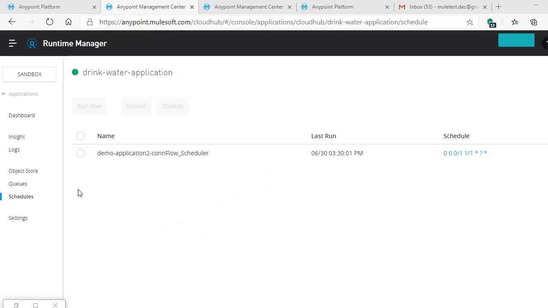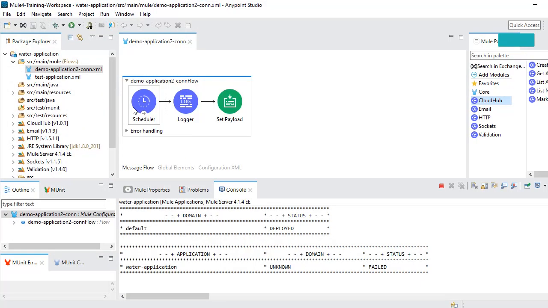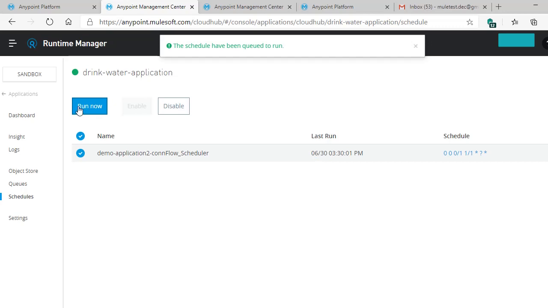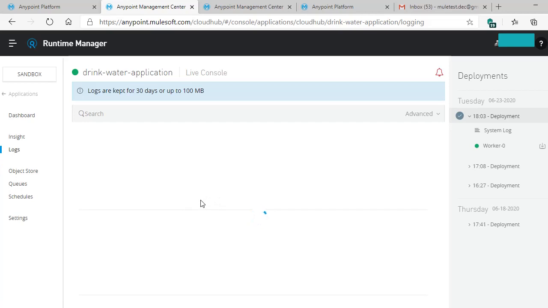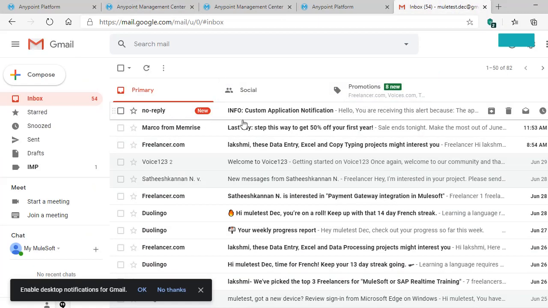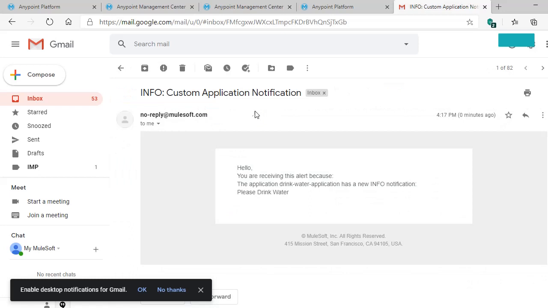So let's test our application. This is my demo application which I have deployed. You need to open this application and go to schedules. Here, this is the scheduler, the same one which we have configured in our application. Let's run now. Once you run this, it will trigger our application, as well as send that mail out. See, this is my mail application. If you can see, no reply, custom application notification